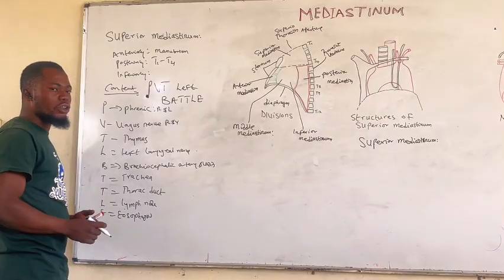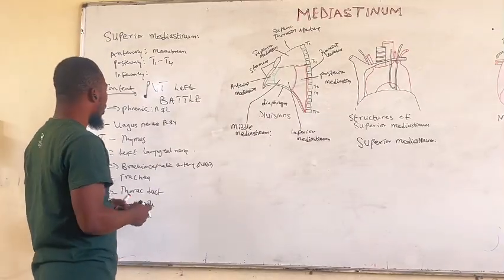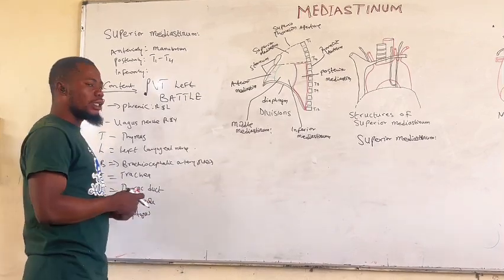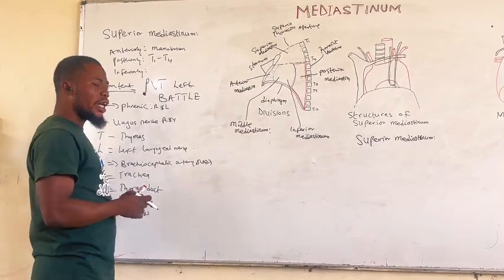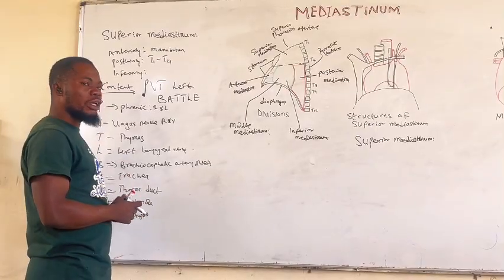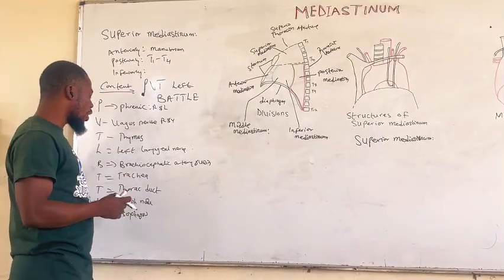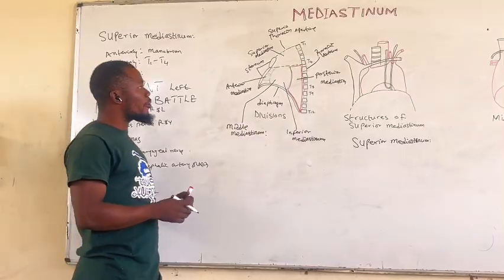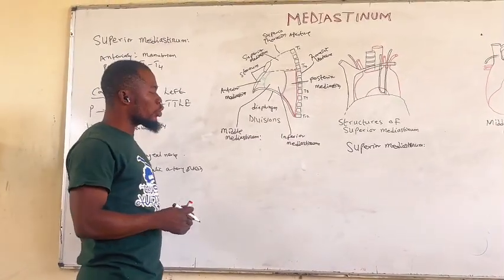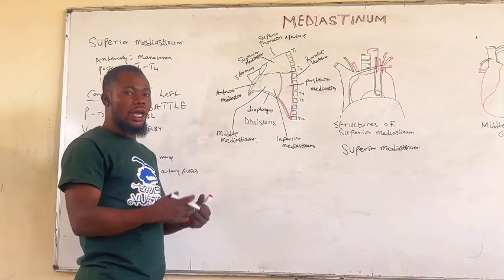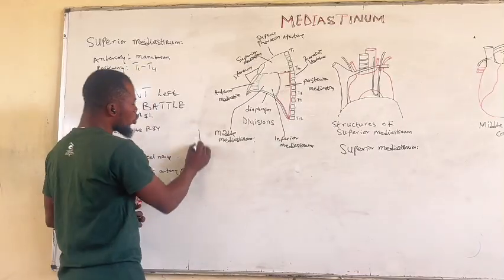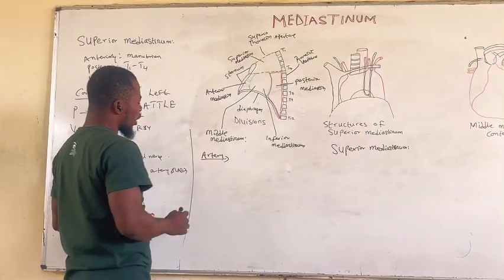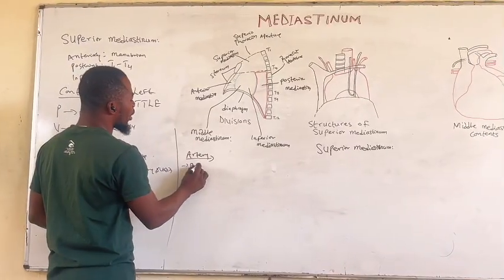So these are the major contents of the superior mediastinum: the phrenic nerve, right and left; the vagus nerve, right and left; the thymus; the left laryngeal nerve; the brachiocephalic artery and vein; trachea, thoracic duct, lymph node, and the esophagus. Though, for easy understanding, you can also classify them into arteries, veins, nerves, and lymph nodes. So for the arteries, there is the brachiocephalic artery,